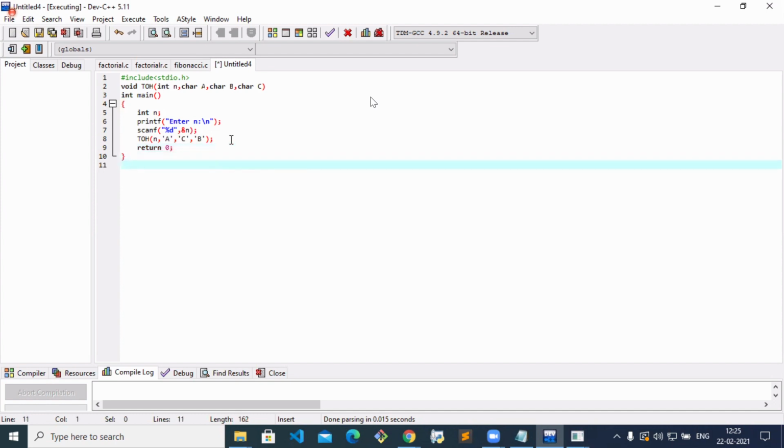Now we'll define that function. What is the function name I have taken? Void TOH of n, source, and destination.